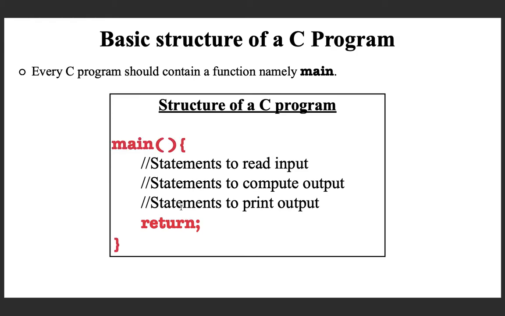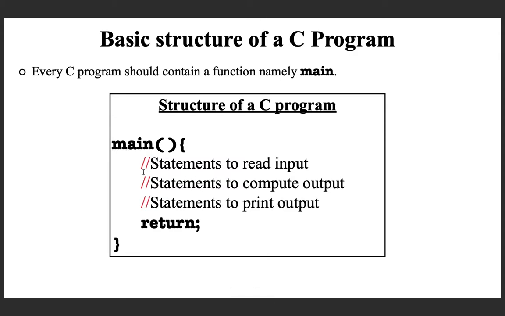In all your programs, you need a main function, and the red colored part is going to be an integral part of all your programs. It will start like this, and a return statement, and all these are going to be there, and what differs will be these statements. You need one or more statements to read input, then statements to compute output, and also statements to display output. So this is the basic structure of a C program. The red colored part is always there. Then you need statements first to read input, then you compute the output and display the output.